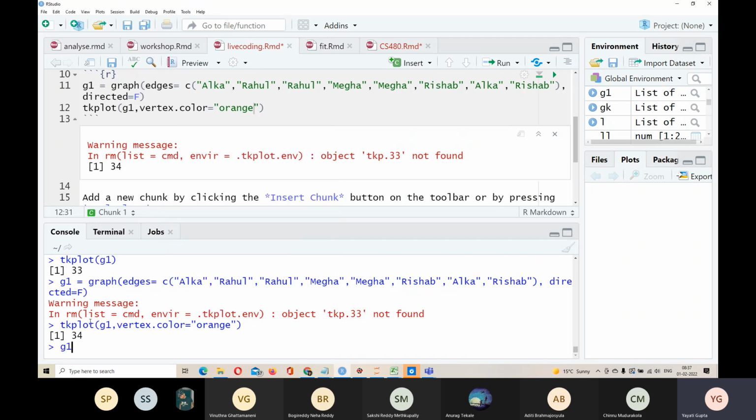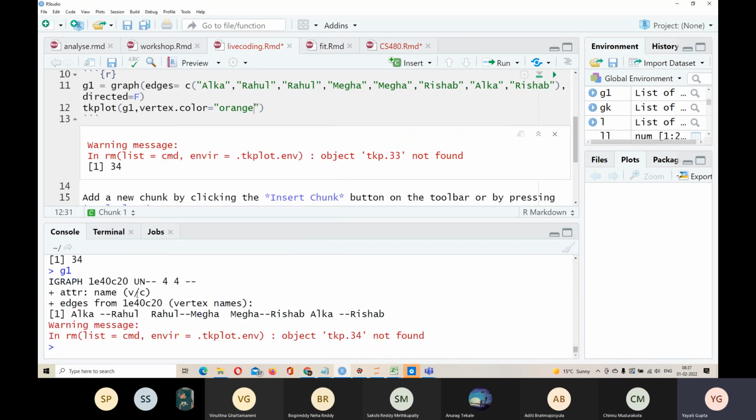And now if we look at G1, you see here you have one more attribute, which is n. Previously you only saw u, now you have n also. So u means the graph is undirected, and n shows you that the graph is named. The vertices have names now. They don't simply have only numbers as their labels. And now in this case, again, let's say we want to have some isolated vertices which are not connected anywhere. What we can do here is, after this comma, now we do not have numbers, right?